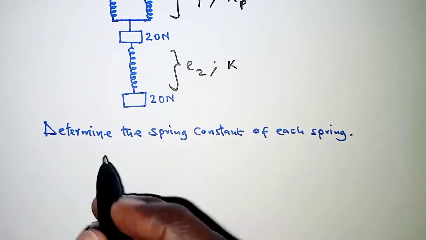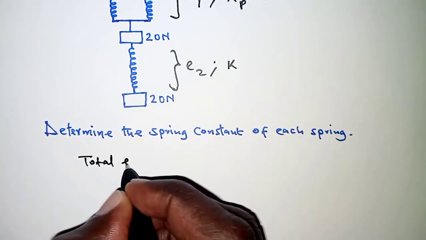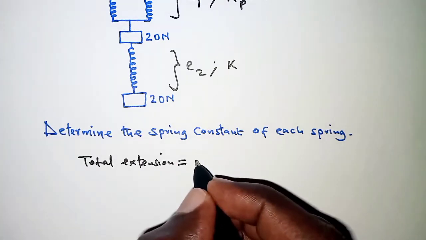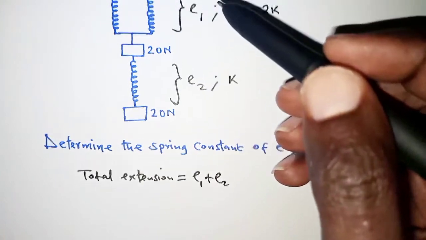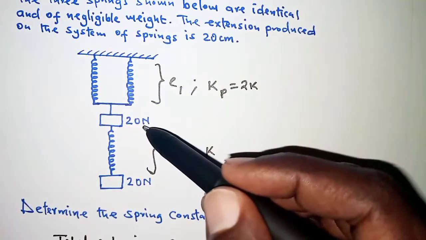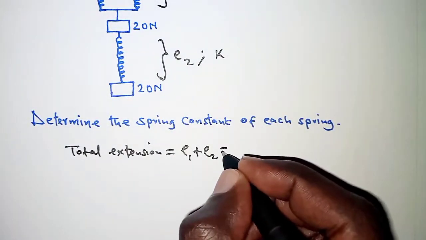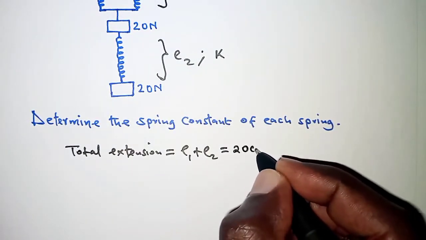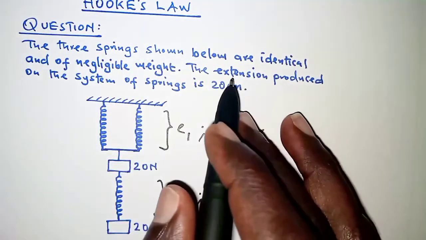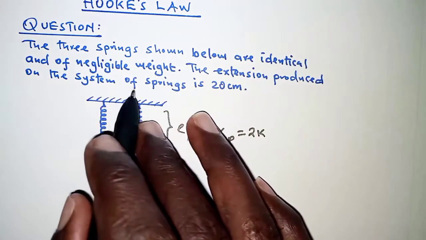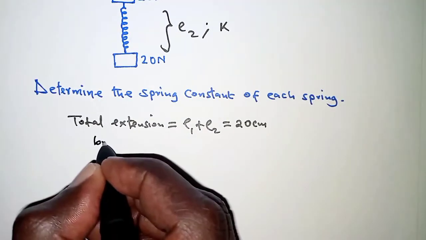So first we begin with the total extension, which is given by E1 plus E2, the extension for the first part added to the extension of the second part, which in the question we've been told is 20 centimeters. So right here, the extension produced on the system of springs is 20 centimeters. So by Hooke's law,